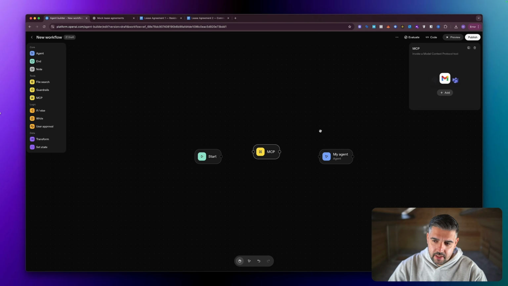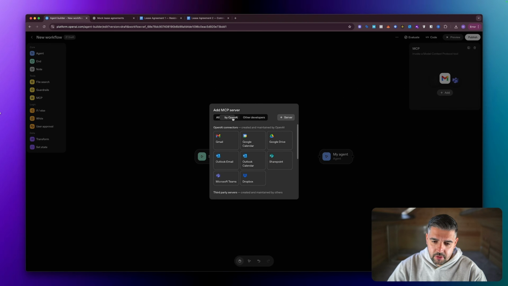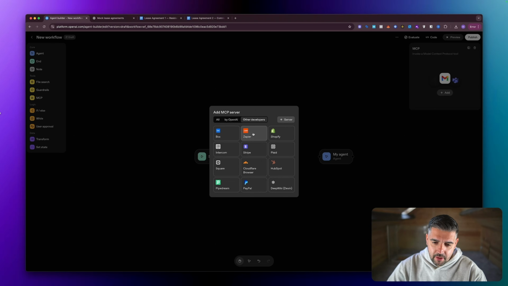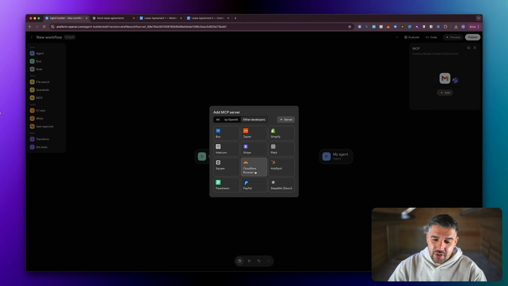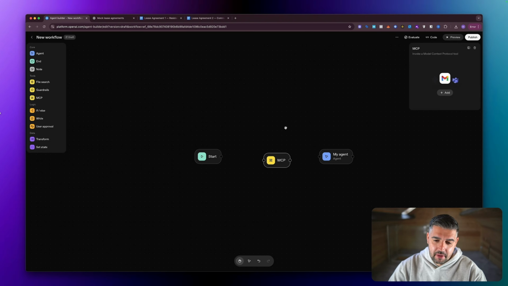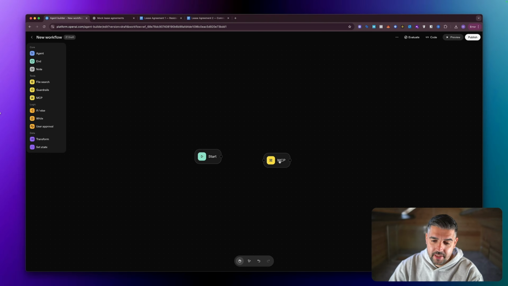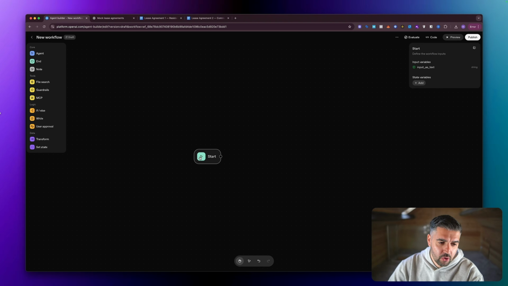Let me just go back into there. 1 minute. Let me get rid of that. Seems to be breaking it. When you go into, never mind, I just didn't click the button. By OpenAI, by other developers, server, you can add your own MCP server, which then gives you access to just about anything that you physically possibly want. You can see the direct connections. I'm going to build a flow in a moment that uses one of my direct connections in order to do it. But I think those are important.